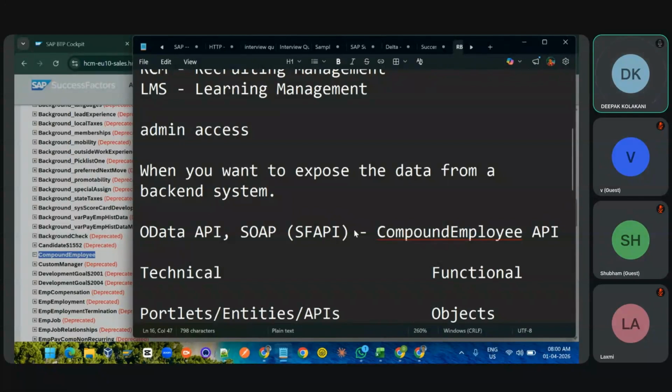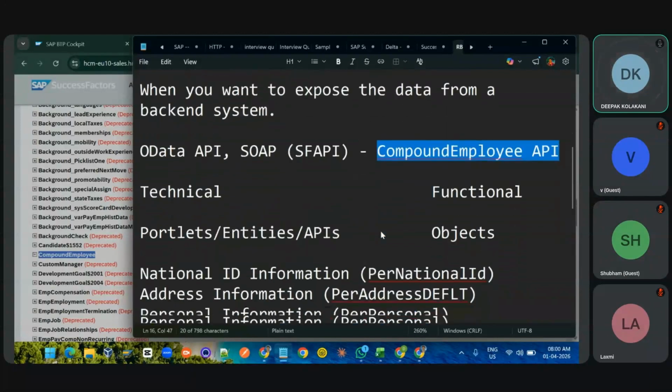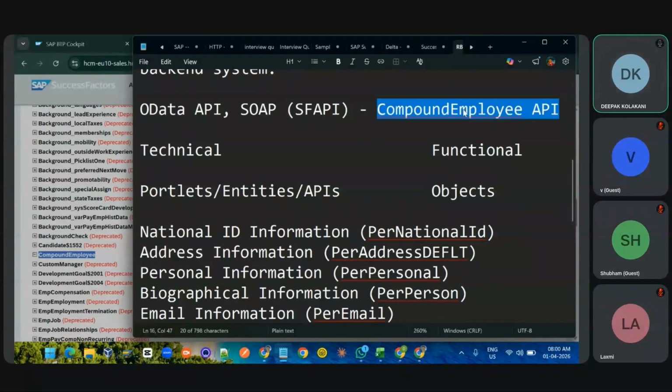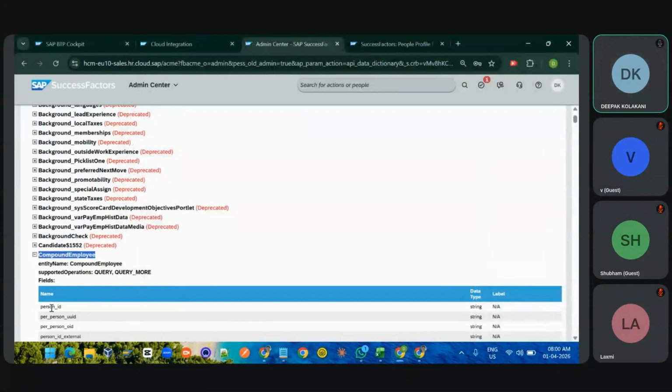And if you master this compound employee API and if you understand it, you will be a gem of a SuccessFactors integration consultant. So you will understand everything in SuccessFactors, and this is a bit complex one, to be honest. And if you can understand this better, then there is no stopping, right? So we will learn how to use the OData APIs and how to use the compound employee API